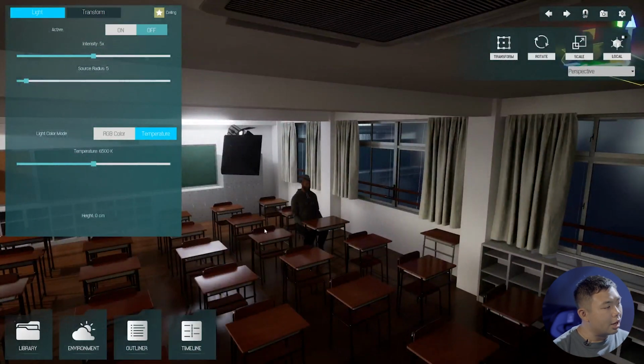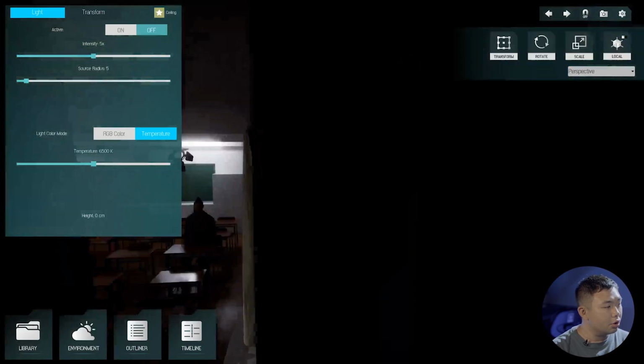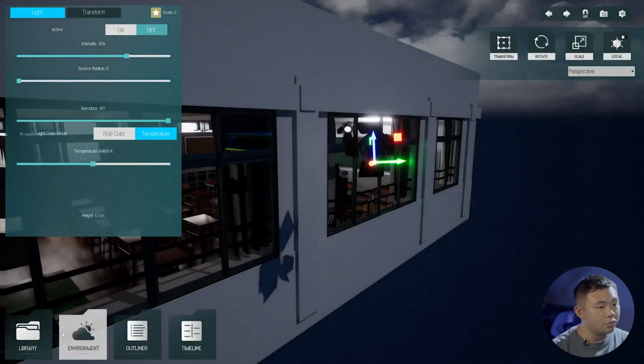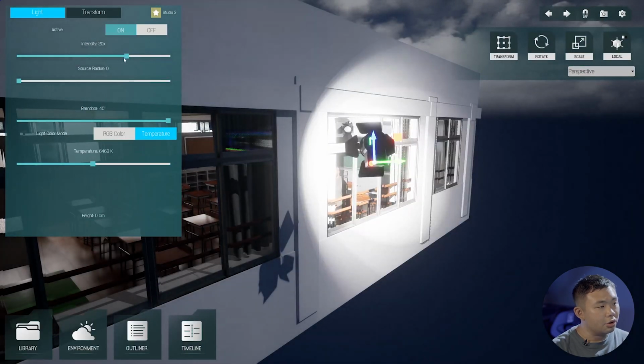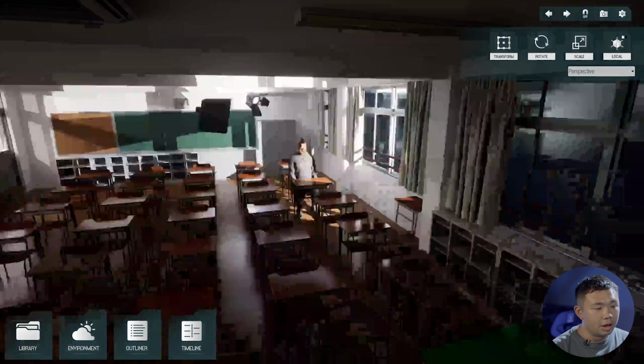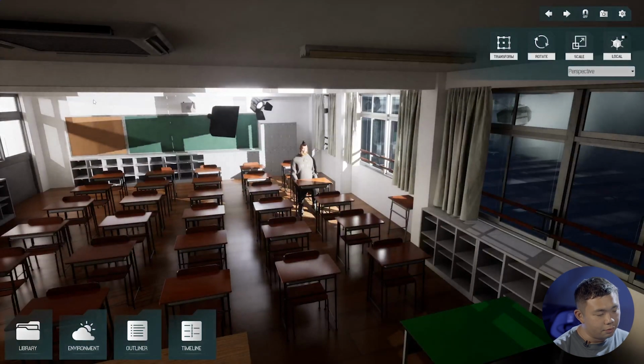Now we place a key light at an angle to simulate moonlight or a nearby street lamp. I choose to simulate the moonlight. So we have a light here, I turn it on and make it a little bit stronger to be like moonlight. Here we change the color temperature. For the moonlight blue, I want to make it around 7,000. And we can see what happens. We press Control Spacebar again.